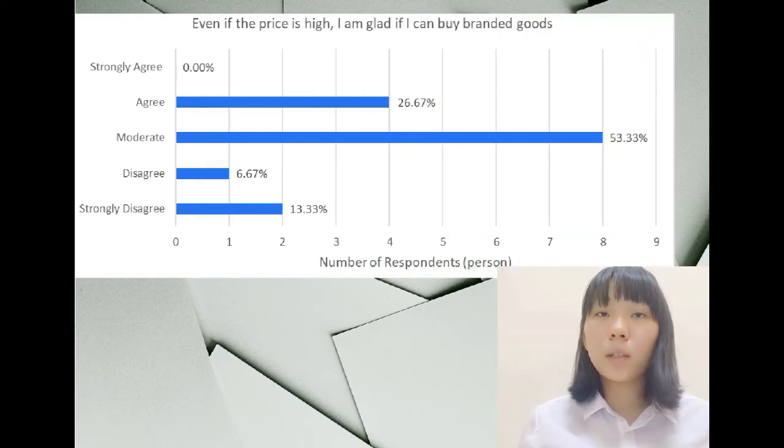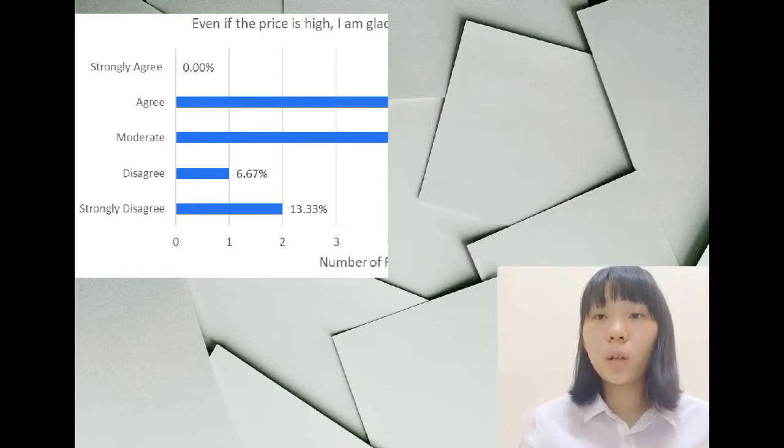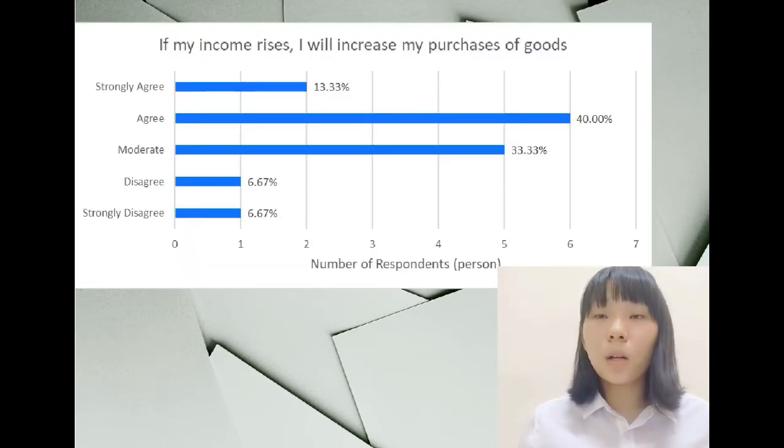Based on the figures, 4 respondents, which is 26.67%, agreed that even if the price is high, they are glad if they can buy brand goods, while most of the respondents answered moderate, which is 8 respondents. As a result, the majority of consumers are still glad if they can buy brand goods even if the price is high. For income, based on the figures,